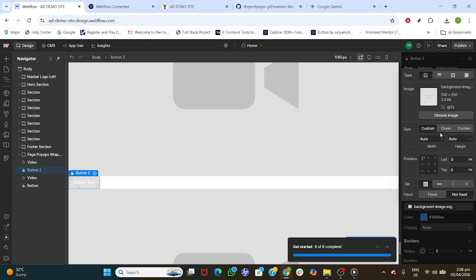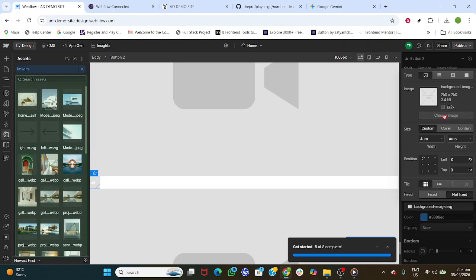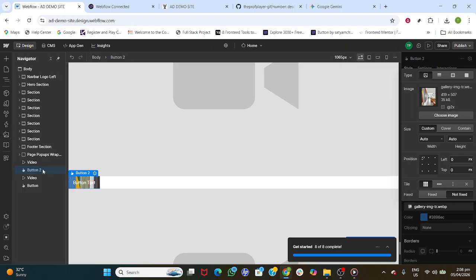That's all there is to it. You selected the button, opened the Style panel, added a background layer, chose your icon, set it to cover for clean scaling, dismissed the helper message, and published your changes. As a pro tip, if you ever need finer control over spacing and alignment, you can later tweak padding on the button or adjust the background layer's position for a perfect fit without changing your